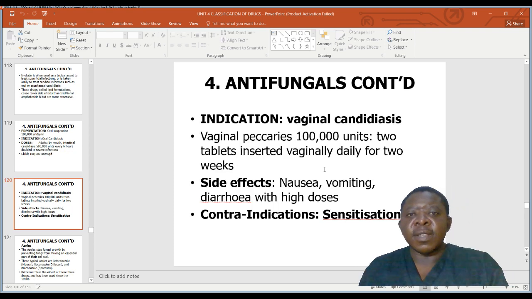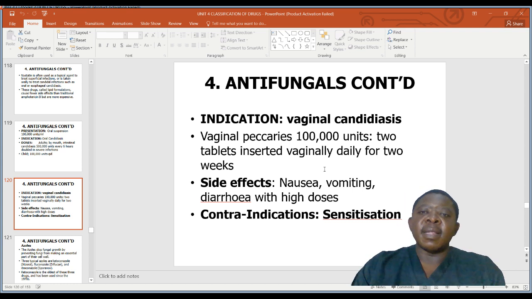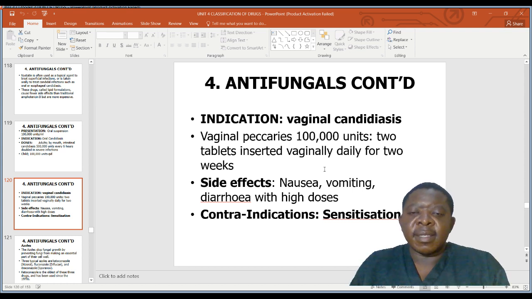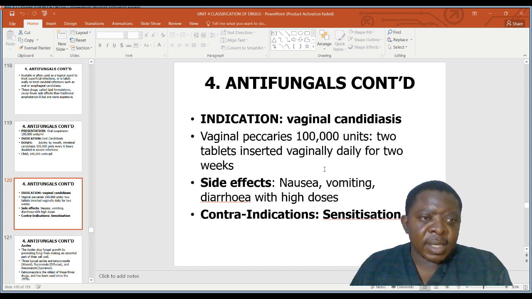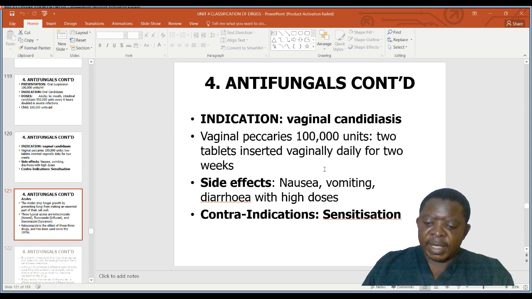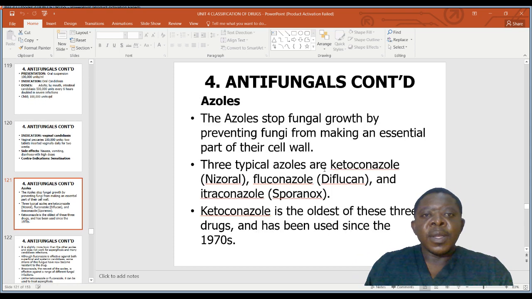Indications for nystatin, that is vaginal candidiasis. So they have what we call vaginal pessaries, 100,000 units that can be given. Side effects include nausea, vomiting, diarrhea with the high doses. And contraindication is sensitization. All right, so now